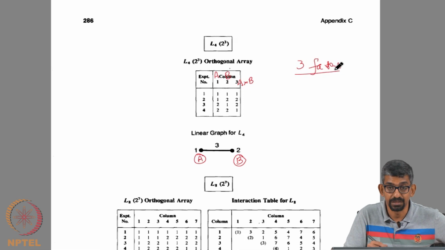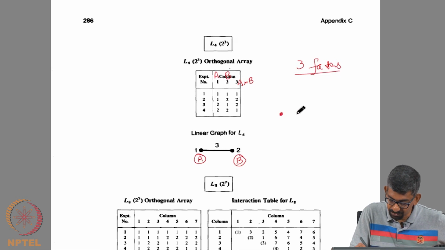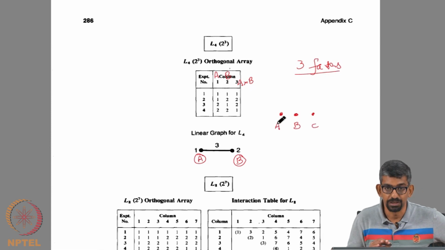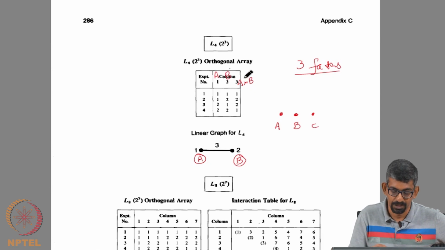But we are looking at 3 factors. In that case, for any kind of an orthogonal array, there is a combination that you can write like this. It is understood: A, B, C. You are only looking at the main factors. So, you can also have A, B and C, or you can choose to have A, B, A cross B. Okay. So, this is 2 factors, 2 levels, it is a full factorial experiment.